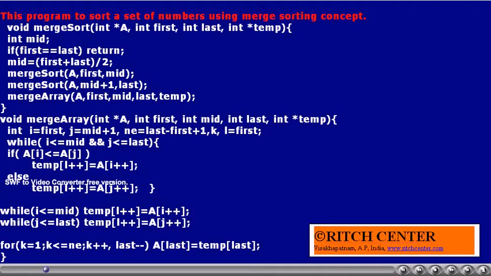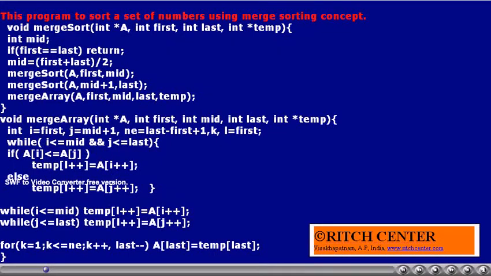The merge array function takes the address of the data array and the first element index, mid element index, last element index, and also the address of the temporary array which can be used for scratching operations to store temporary elements.